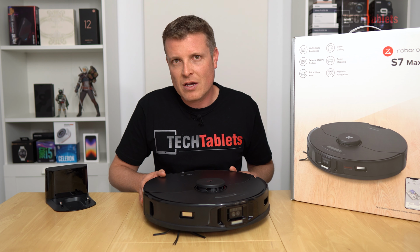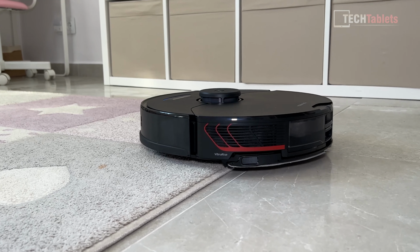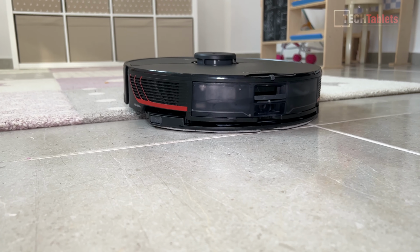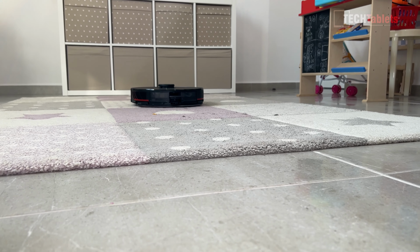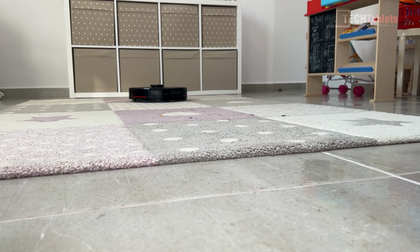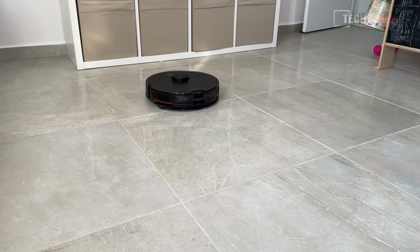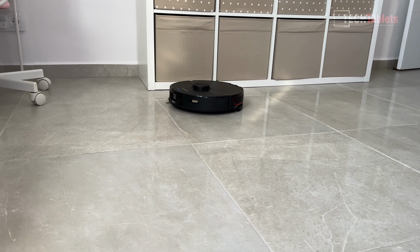So the other interesting feature, especially for me, is the mopping performance on this. So it has sonic mopping with their VibraRise, they call it, and that is because the mop will actually rise up, get out of the way, and if you've got short pile carpets that aren't over 4 millimeters, it's going to be perfect for that. It gets it out of the way, so it's not going to be dragged over the carpet. And because it's scrubbing the floor with the 3000 vibrations per minute,